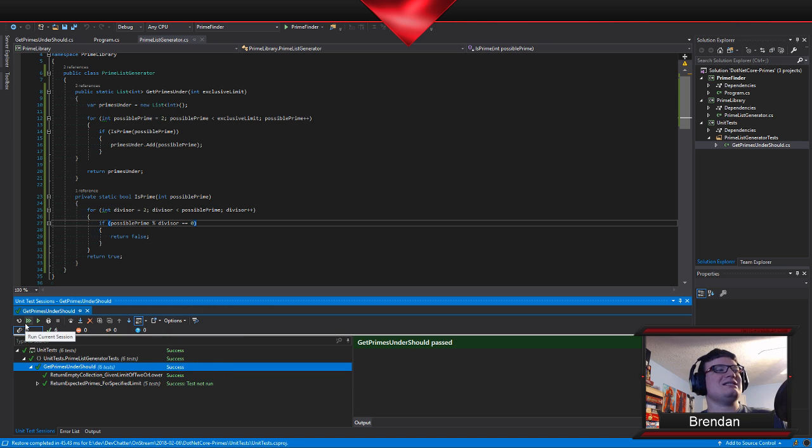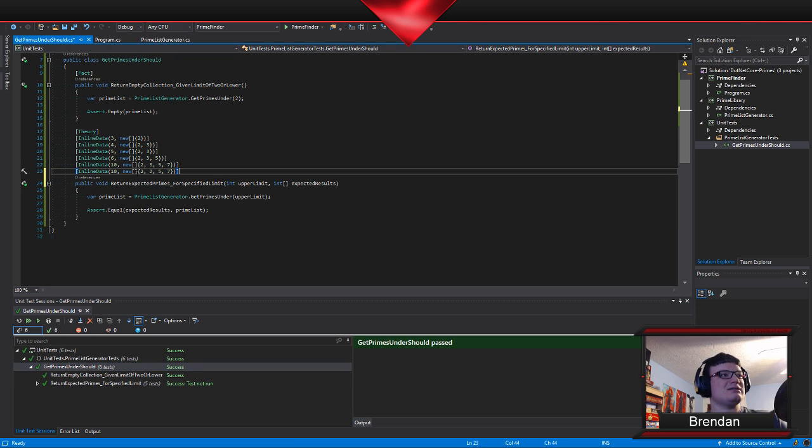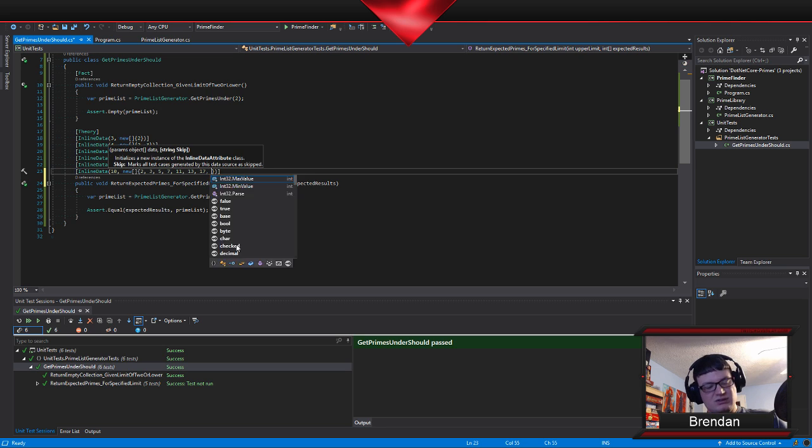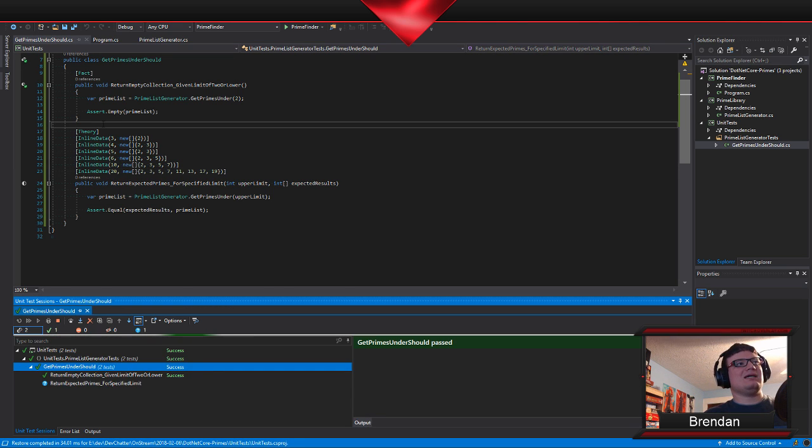And we went from that to that. Alright, so let's go ahead and add our next test here. So the next prime is not 9, it's not 10, it is 11. And then it's not 12, it's 13. And it's not 14, it's not 15, it's not 16, it is 17. And 18, 19 is one. So we're going to go ahead and put in 20. We're going to go up a little ways, so yeah, I know that's a bit of a jump, but I just wanted to get to this.